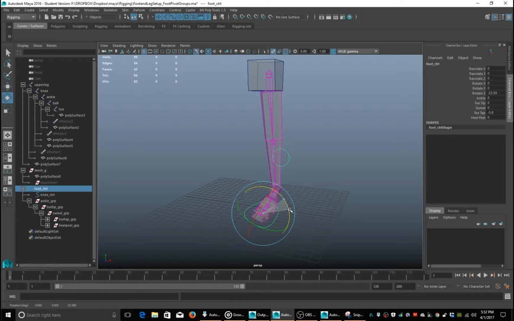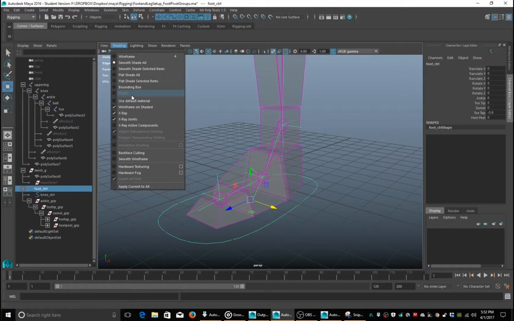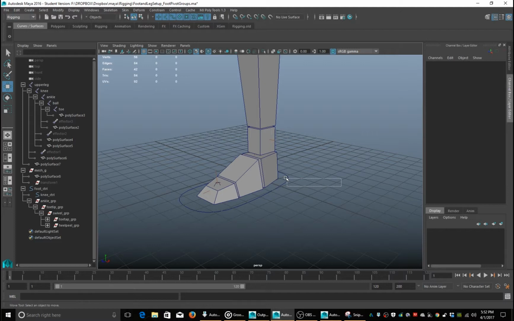Okay, and we can get close here. Actually, let's make it so we can see just the geometry here. Alright, so going to tap my toe,